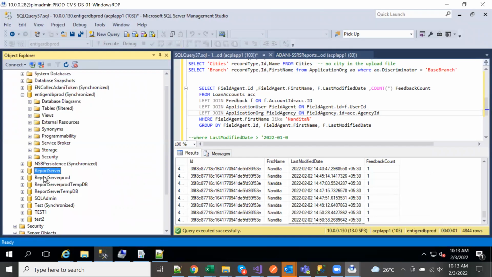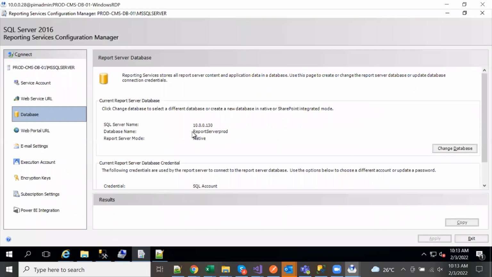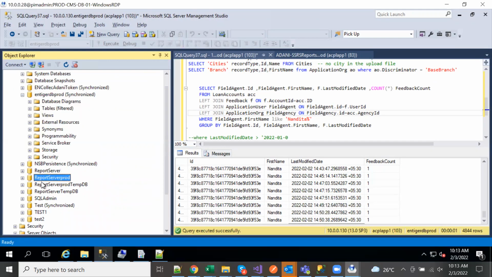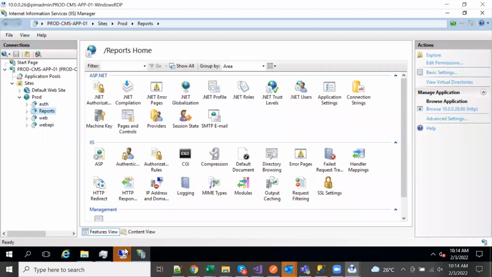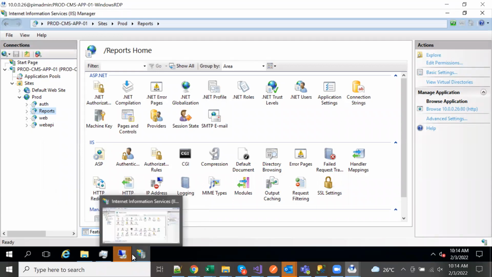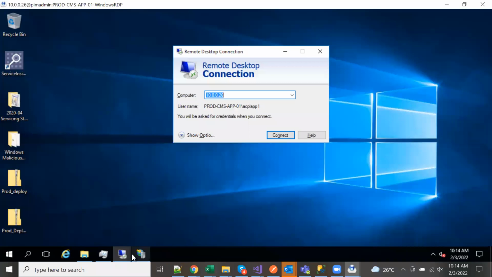Now let's go there and look at reporting server prod. Yeah, reporting server prod is the one which is connected to report server prod, right? So now what will happen is along with it the database which it is connected to will be showing up in your configuration file, which was part of our code earlier. Have you seen this here or somewhere else? I think inside.